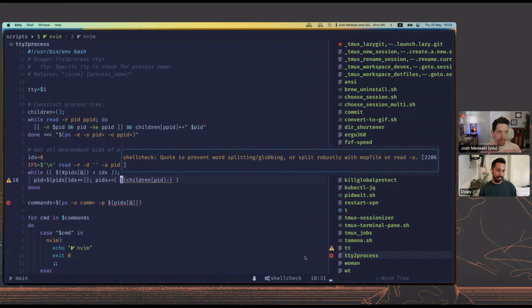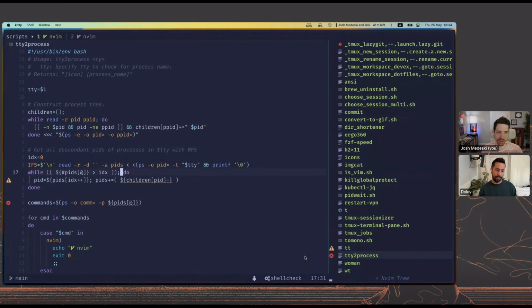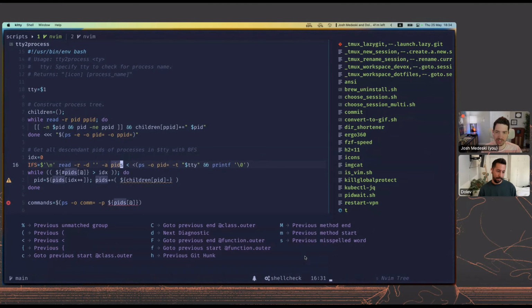Okay, so it pops up. I have a shortcut to go to the next diagnostic with square bracket D, which is a popular square bracket jump to next something.